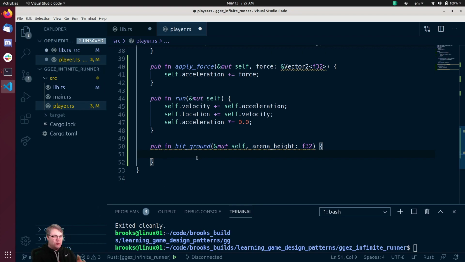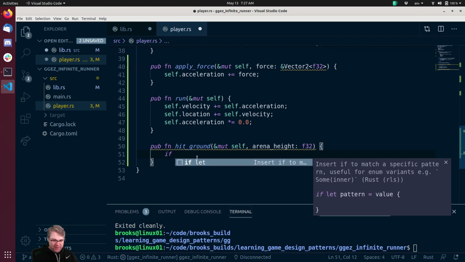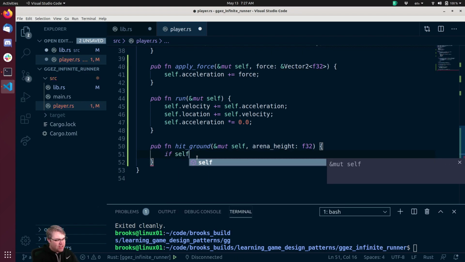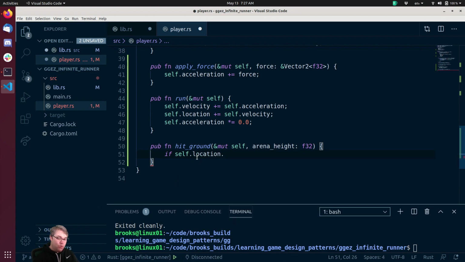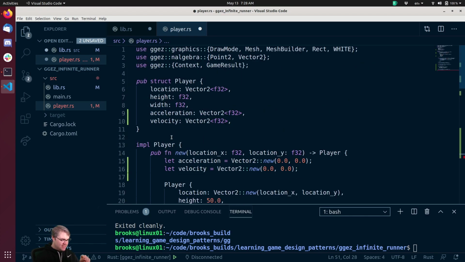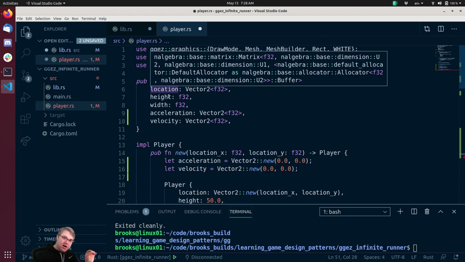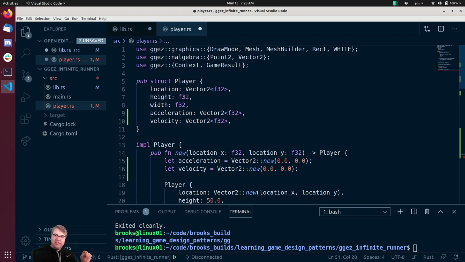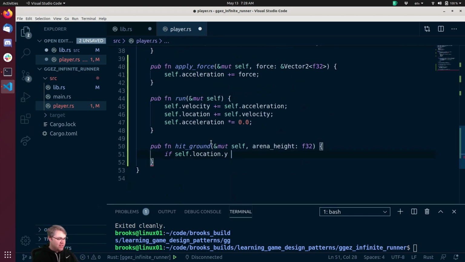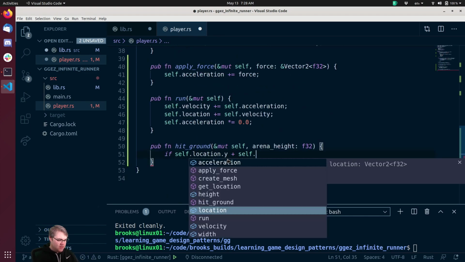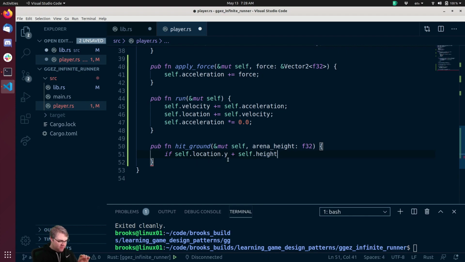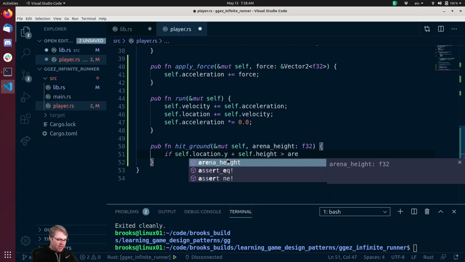All right, so hit ground. We have the arena height, so we want to check to see if we're below the height. So if self.location.y, so if our y-axis, now if we remember, our y-axis is the top left of our location. So we also need to add our height to get the bottom, like our feet. So plus self.height. So if self.location.y plus self.height is greater than arena height,